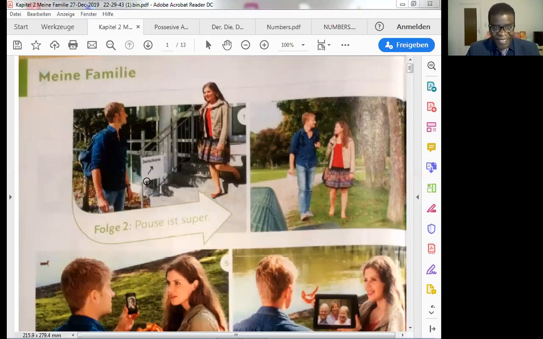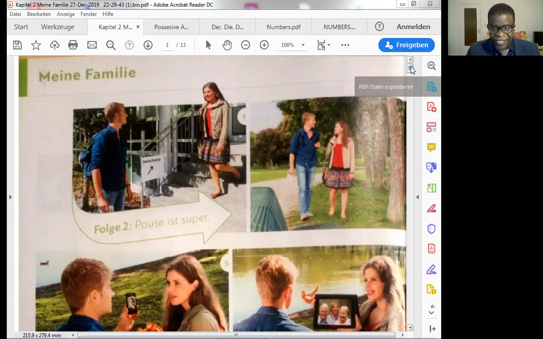Because family means die Familie, that's the article. So meine Familie. Here we go. There is a young man here and a woman here, maybe. Pause ist super. Pause, in English, we also say that pause is super, or break is super. So these people, they are at break.